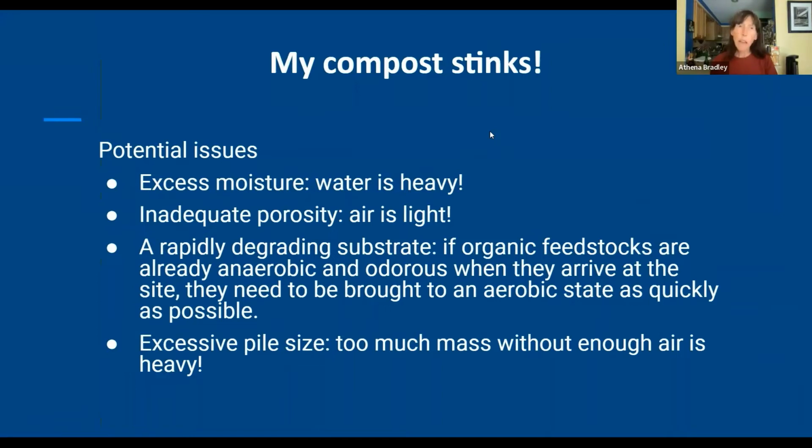And then the next step is when you're getting ready to put your food scraps into your pile, you'll want to make sure that you cover them right away with your carbon sources, whether you want to use wood shavings or straw or leaves or whatever your carbon sources are. You want to immediately cover those. And with anything else, a lot of your odors are going to be contingent on your compost process. So if your compost process is out of whack, you're going to have varying odor issues.